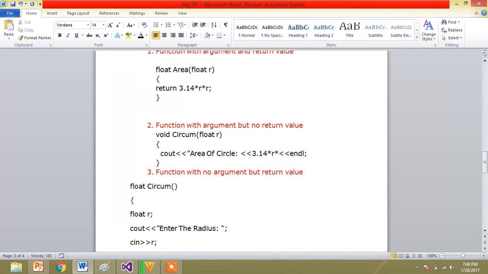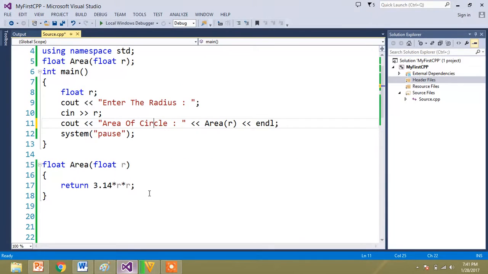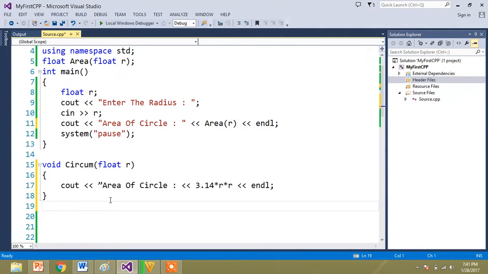Please refer to the previous session. I'm just making the changes to the previous program. That's how you're going to program with arguments and no return value. Here I'm just changing the double quote, because when I write it in Word, it takes a different format.